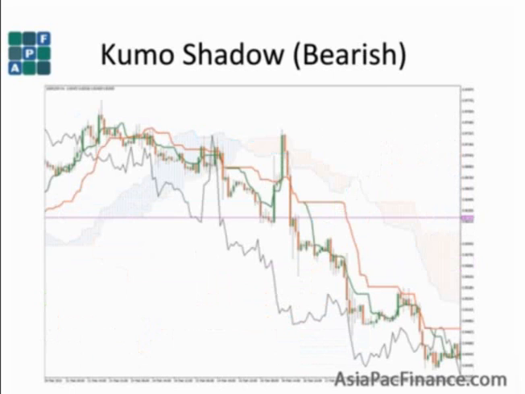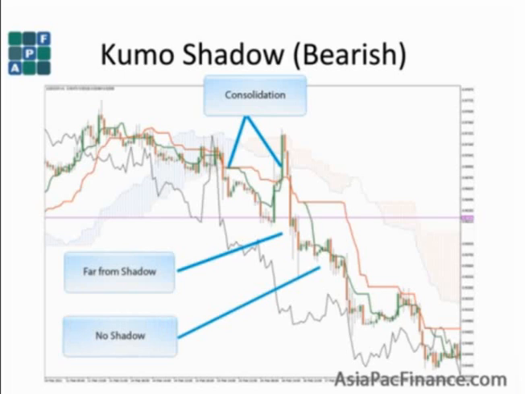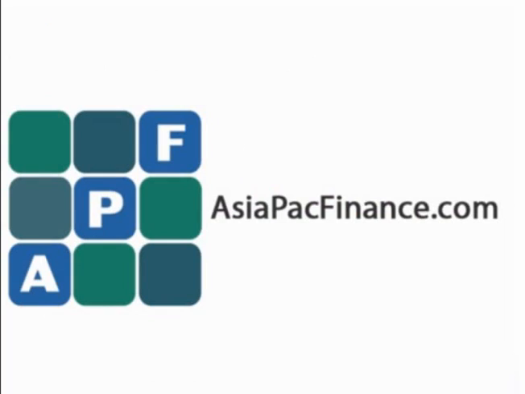In this bearish example, we also notice prices consolidating when the Kumo shadow was close behind. Once price was far away from the shadows, and finally cleared of any shadow, they started to trend strongly. With that, you should now have an understanding of how past, current and future clouds can provide you valuable information to aid your trading decisions. Now that you understand what is the Kumo, let's